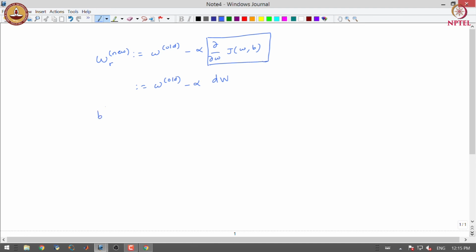And for B, we have B new is equal to B old minus learning rate times dB.